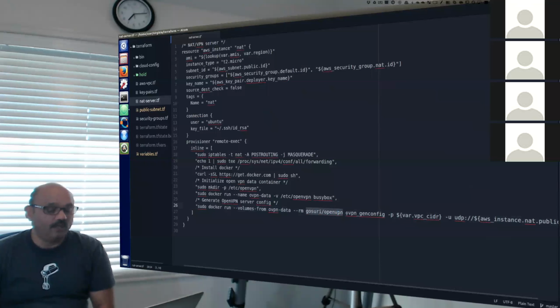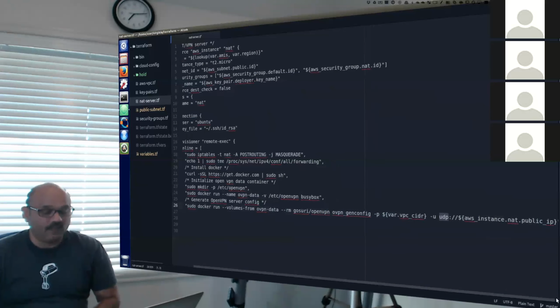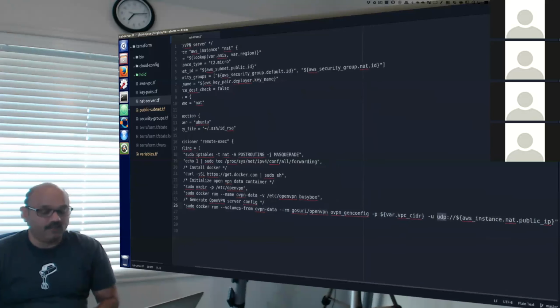And you generate an OpenVPN configuration, use that VPC CIDR, and use the UDP port that we have opened already in our security group discussion. We saw that, and map it to the NAT public IP.